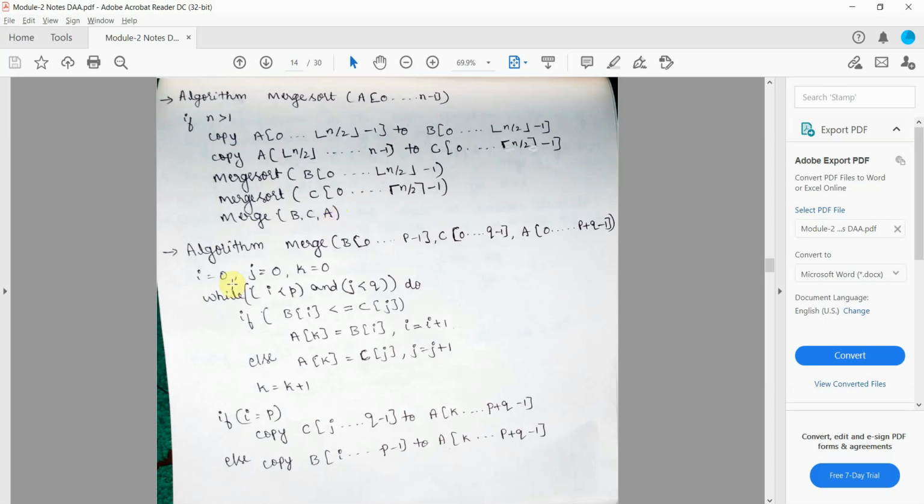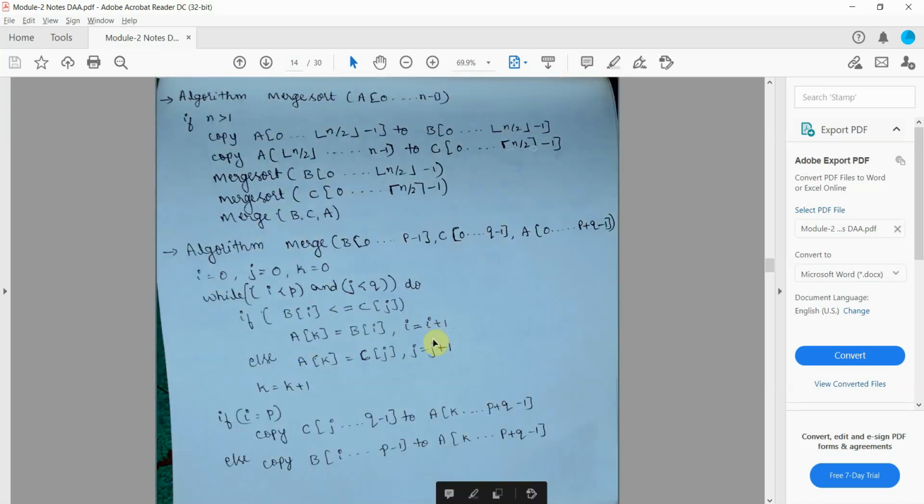In the merge algorithm, while i is less than p and j is less than q, we merge two subarrays into the array A by properly incrementing the i, j and k indices.